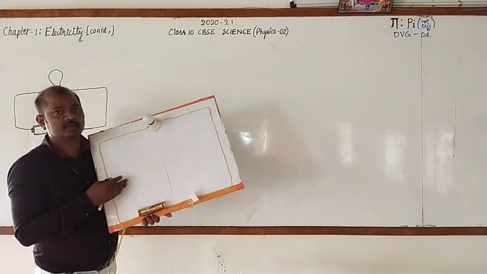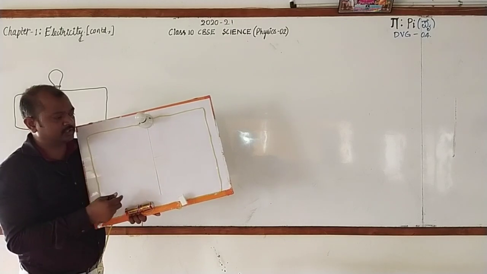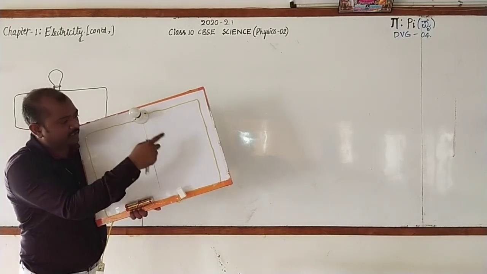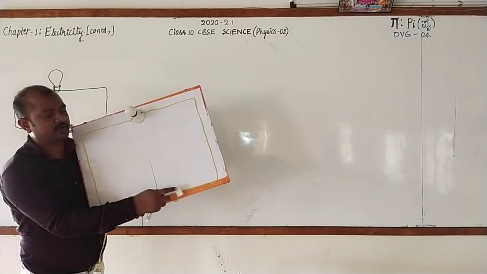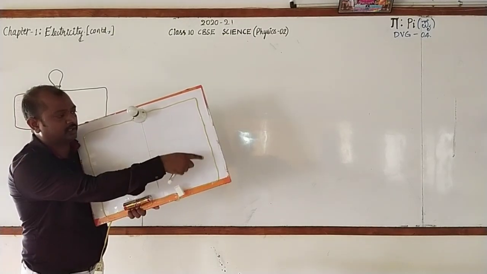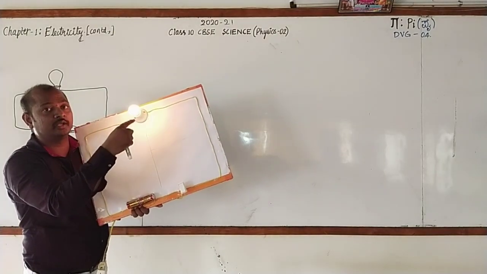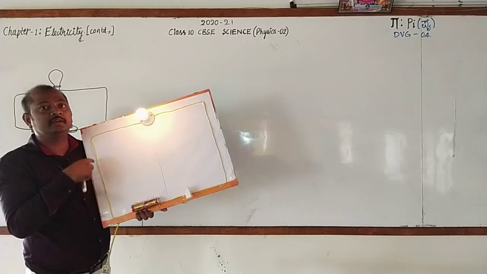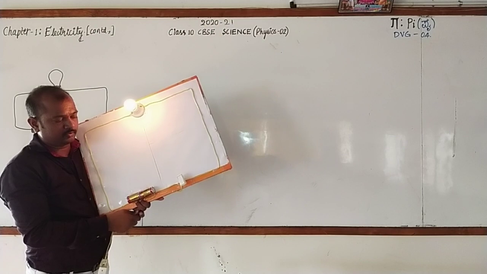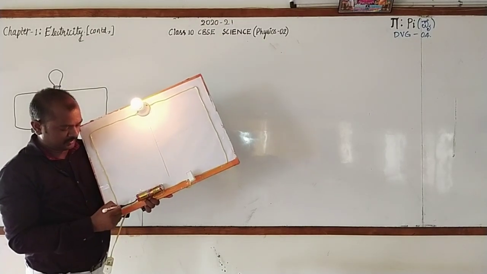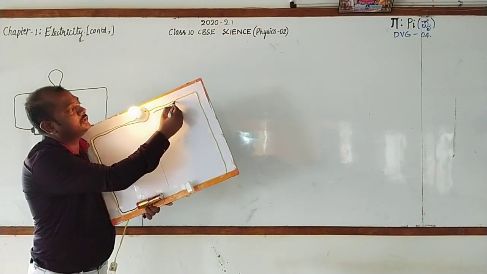Dear students, yesterday we had made a simple circuit. I have taken the same. Just observe this. These are the electrical components that we have used: electric bulb, cells, the switch, and conducting wire. When I switch on, the bulb starts glowing. The bulb is glowing means current is flowing. Here I am going to mark this path in which the current is flowing.